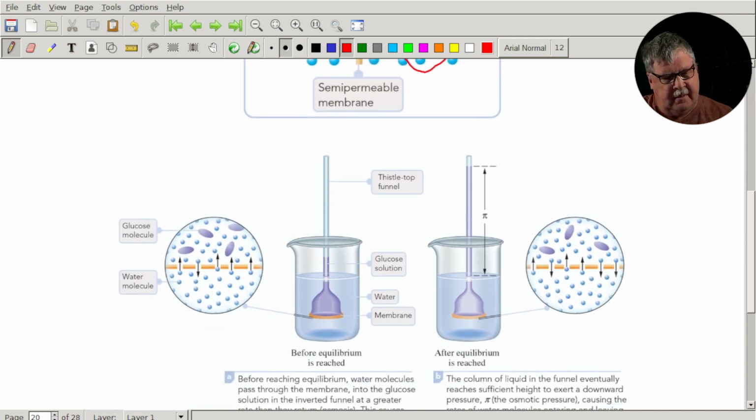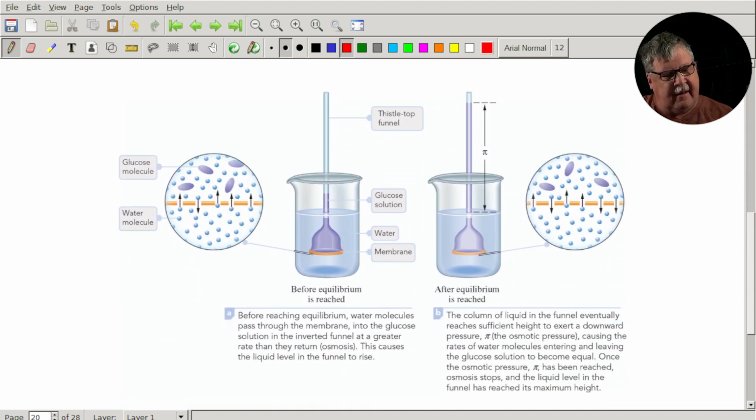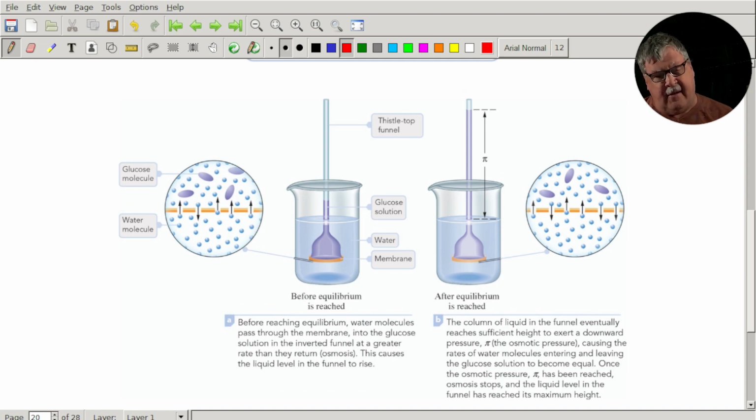All right, so here's one way of thinking about this. I remember having this illustrated to me when I was in high school. My high school biology teacher took a device that's known as a thistle tube, and that's essentially what this is. People used to steal them and make bongs out of them as well, but one of their primary uses was as a funnel or as an illustrator of osmotic pressure.